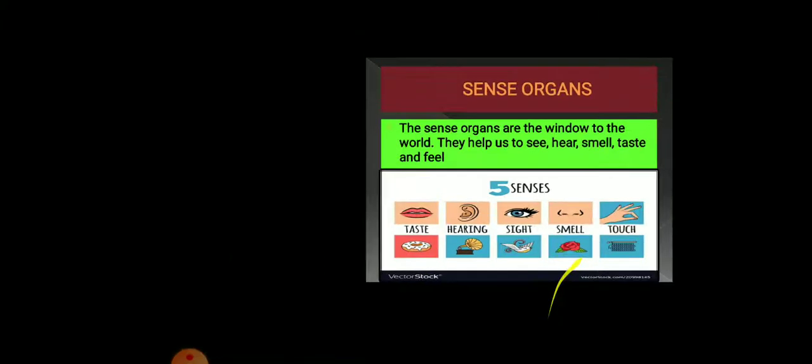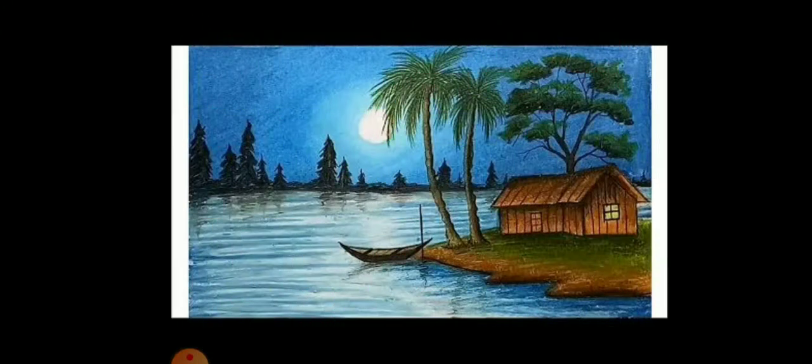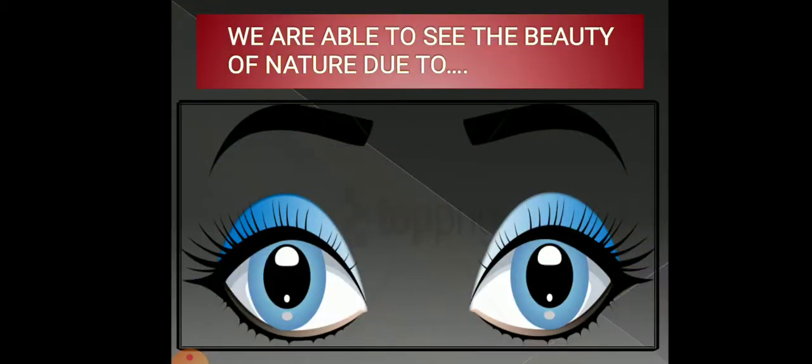Okay, this is clear to you. You have studied about these sense organs in your previous class. So what is this? This is a beautiful scenery. We like to go on those places which are filled with greenery, which are having lot of green trees and rivers and hills. We like these type of sceneries and we are making them on the piece of paper also. So how can we see this? We can see them with the help of our eyes. We are able to see the beauty of the nature with the help of our eyes.